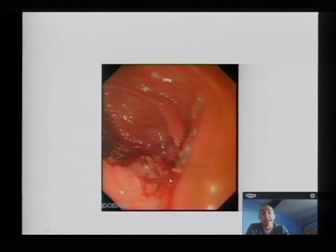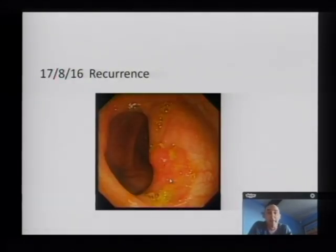So if we move on to the next slide, and you should have now 17th of August this year showing a recurrence of the same polyp. Now, I'm not a great one for polyp morphology when it comes to endoscopy, but the appearance of this particular polyp, the vascular pattern looks a little bit more aggressive, it looks a little bit more injected. So slightly worrying features. If we move on to the next slide,